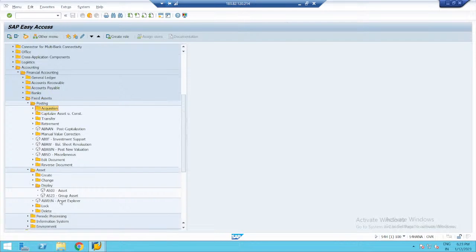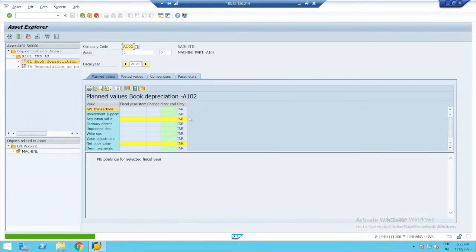Asset Explorer, T code is AW01N. Enter. Double click. See, here we will get all the asset details, whether planned or posted or comparisons, anything we can see from here. What assets during the year we purchased, what were the opening balances, what is the depreciation on the asset,